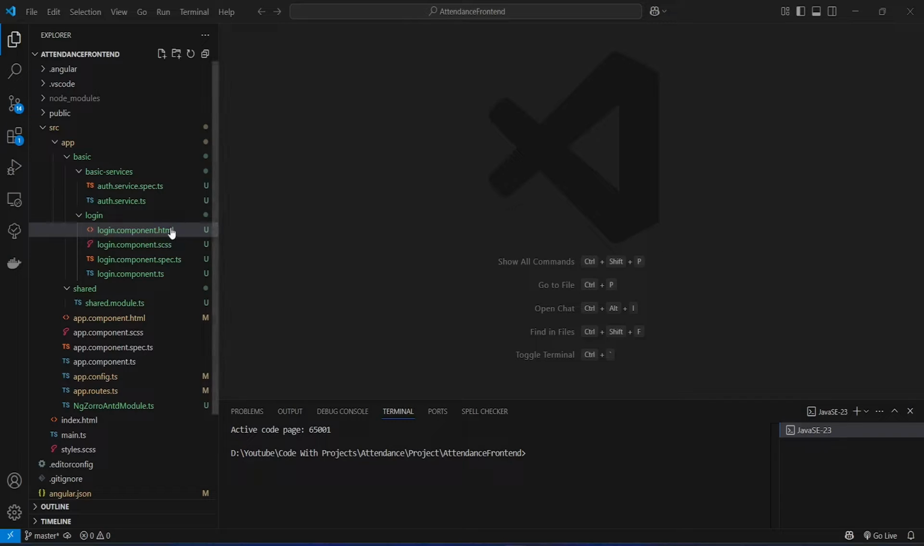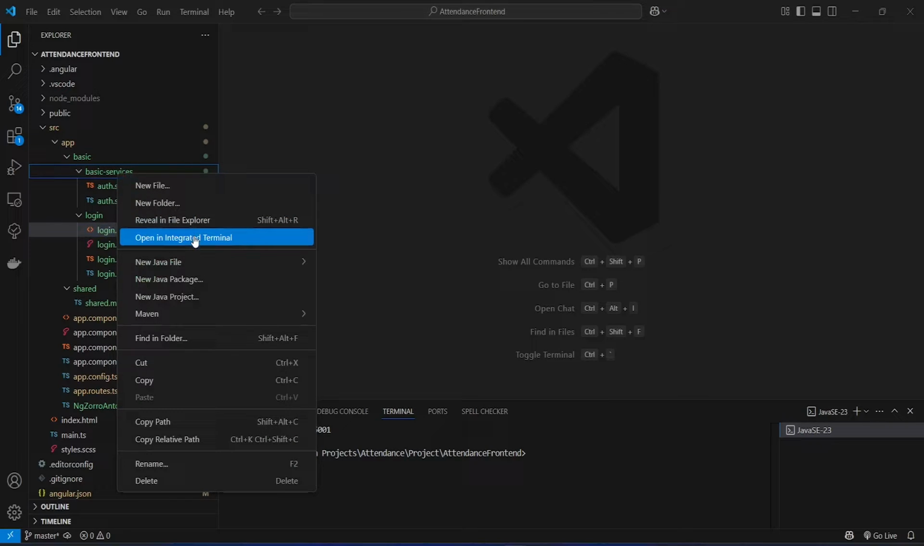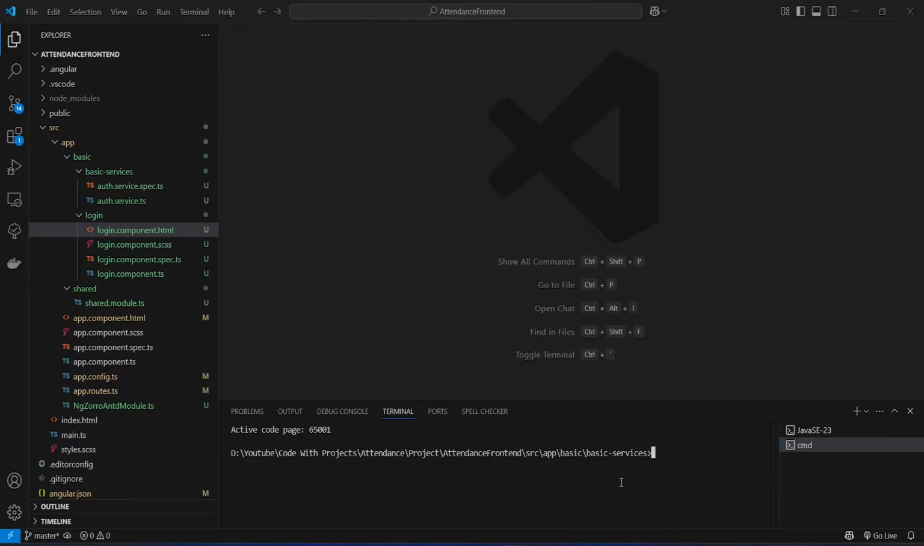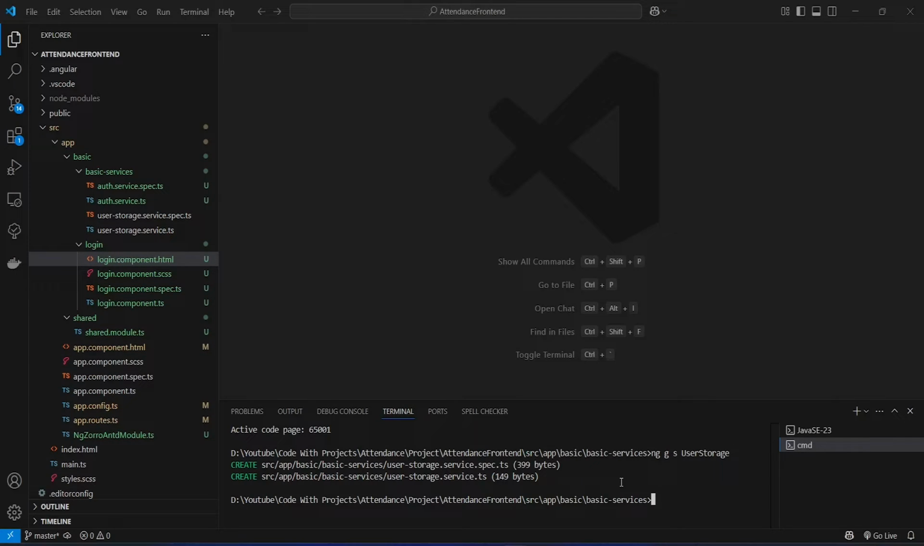To do this, we will right click on our basic services package and we will open it in the integrated terminal. And in this terminal, we will give the command ng g for generate, s for service, and we will name this service as user storage. And as you can see, our user storage service is ready. And now let's open